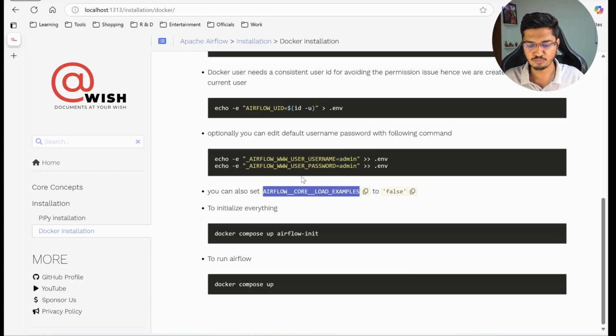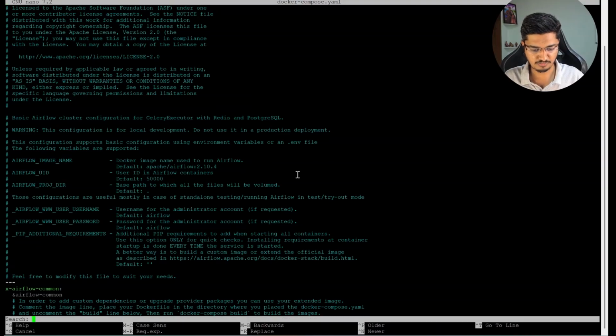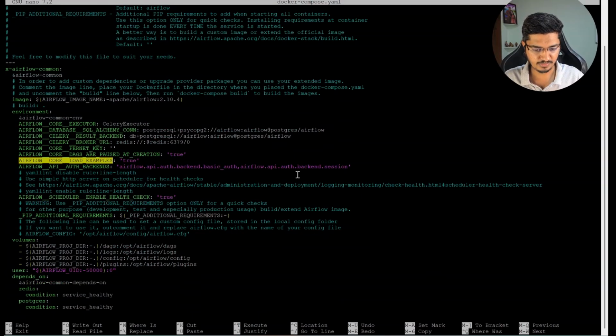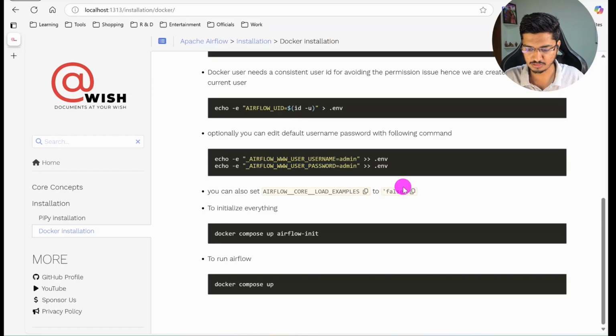Okay, you can put it in the env file like this. Let me check if that is here. Okay, so it's true. You can change it to false here. So you can change it to false. That's fine. And now, first thing that we are going to do is we are just going to start one